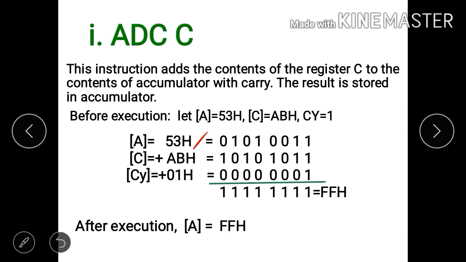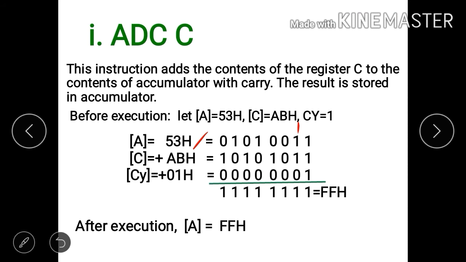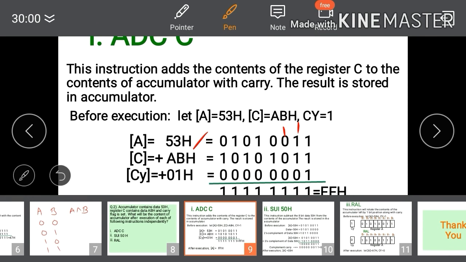So we will add all this content. 1 plus 1 plus 1 we will get 1 and carry 1. Again, the carry is 1 and 1 plus 1, we will get 1 and a carry of 1.